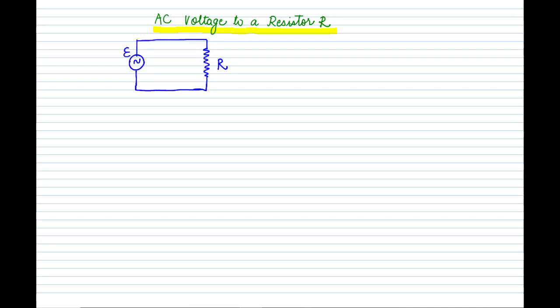So this is our alternating voltage. It will vary sinusoidally. So our AC voltage may simply be written as V equals Vm sine omega t. We are using the symbol V for this alternating voltage, so it can go up to the maximum and it will vary sinusoidally. So omega is angular frequency, t is the time. That means our voltage is varying sinusoidally with angular frequency with respect to time. So this is the equation for the voltage which is varying sinusoidally.